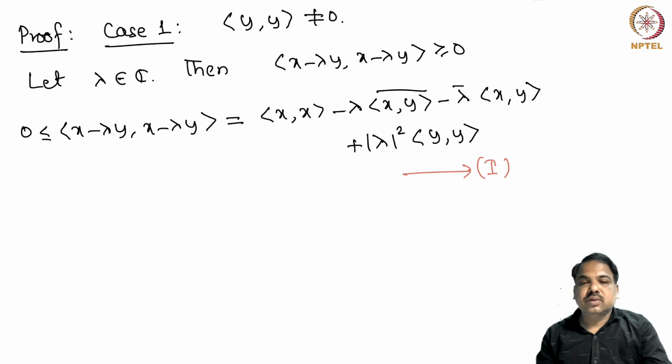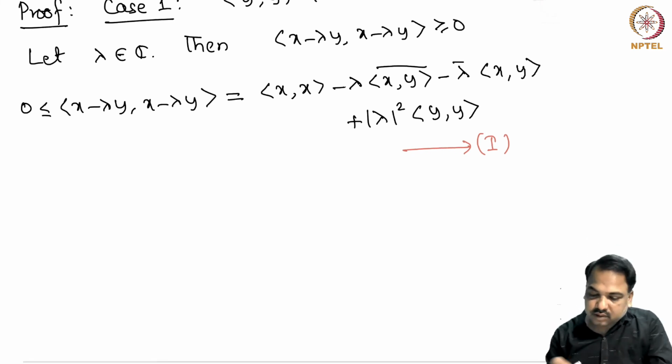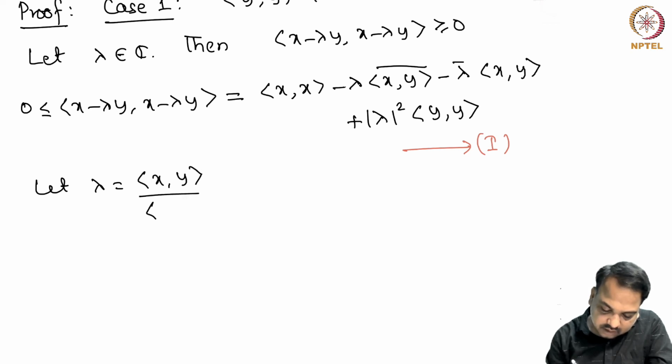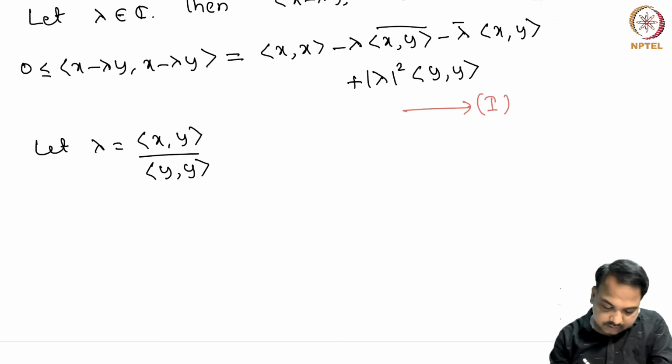Now to get rid of the mixed terms, the middle terms, we can substitute lambda equal to some number which depends on x and y, so that the middle terms vanish. So the suitable choice here is that let us take lambda to be semi-inner product of x with y divided by semi-inner product of y with y. We know that this is non-zero, so this makes sense. Hence,